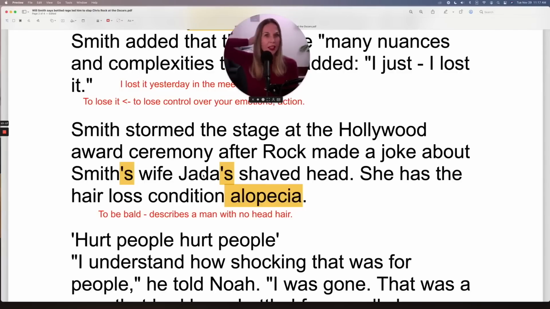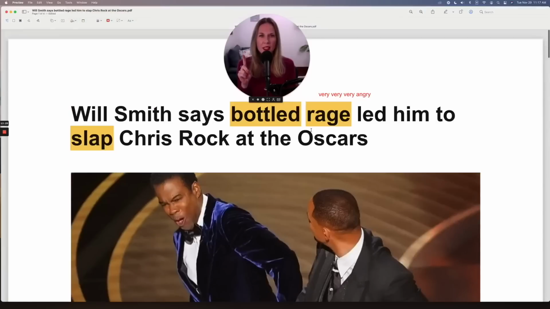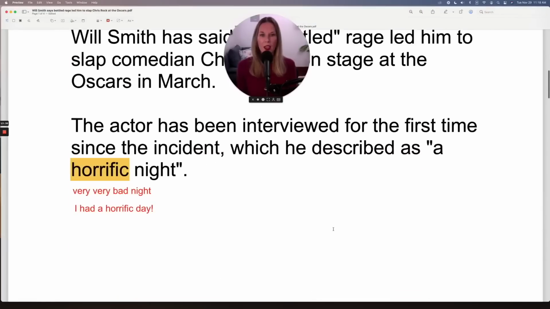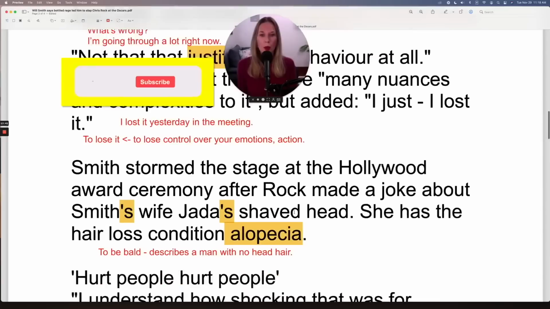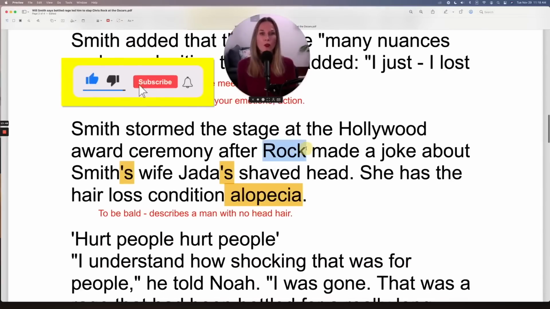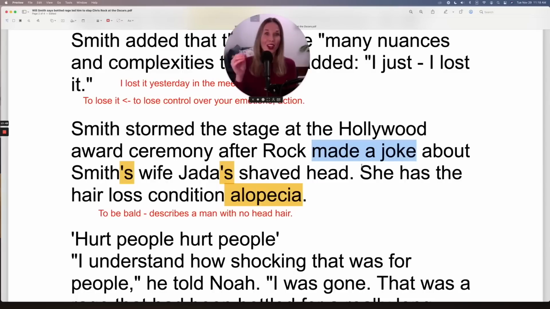And shaved head is when you would go like this and then you get rid of all your hair. That would be a shaved head. I believe it looks like his head is shaved here. So he would go like this and then the hair is very close to his scalp. That's a shaved head. Now, very common for men, but not that common for women. And the comedian Chris Rock, he made a joke about Will Smith's wife's shaved head. So shaved head. We talked about what this is.